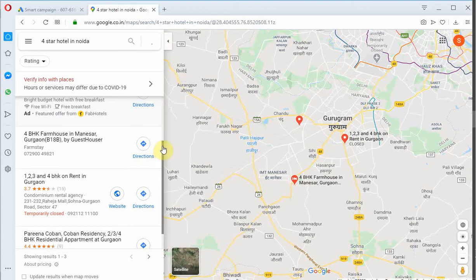If it gets loaded, we will see. We are sharing different examples.